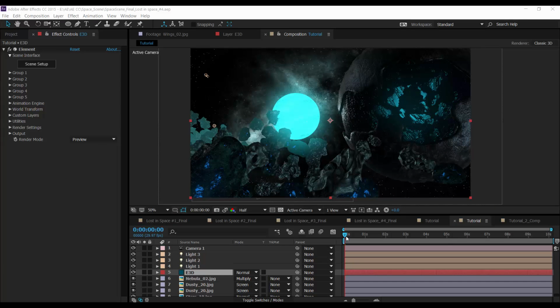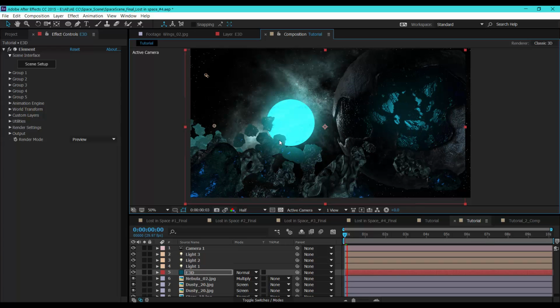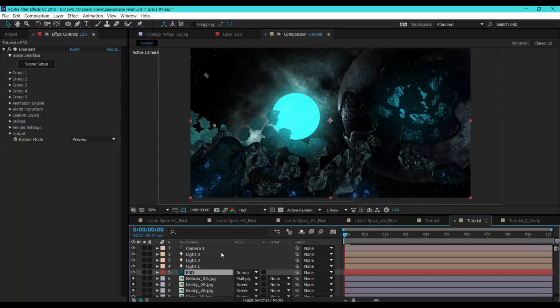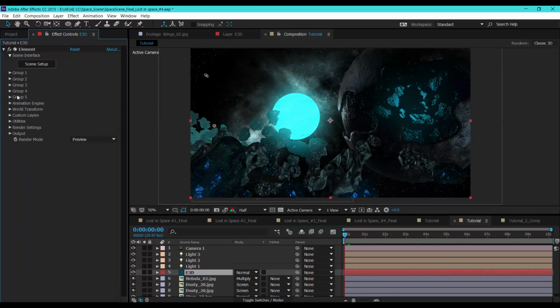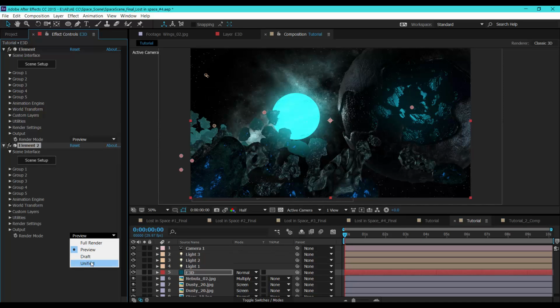Okay guys, so I think now we need to add some more detail to it. So you can see we don't have any extra group left, so simply we can duplicate the element and set this to unified, and we're good to go.